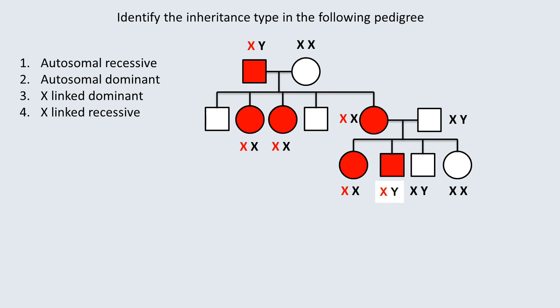Similarly, in the case of a mother who is affected over here, she is transmitting the trait to half of her children, which means that out of two males, one of the males is affected, and out of two females, one of the females is affected. So this clearly follows and fulfills the conditions of X-linked dominant and not the autosomal dominant condition. So we can completely agree that this trait is an X-linked dominant trait.